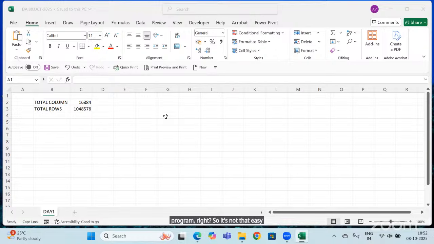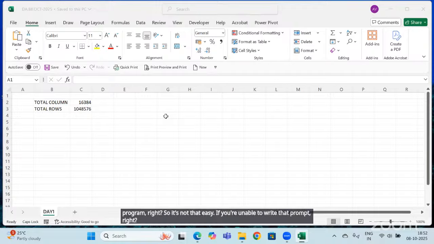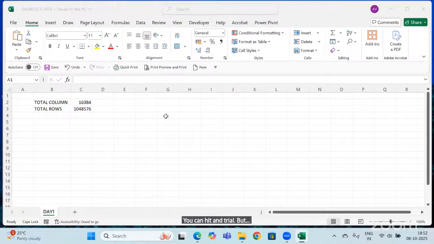If you're unable to write that prompt, you can hit and try, but it can take a much longer time. Companies need a person who can write the correct prompt in a single attempt, so he can save the time of the company and the employee also. That is why prompt engineering is in such demand.